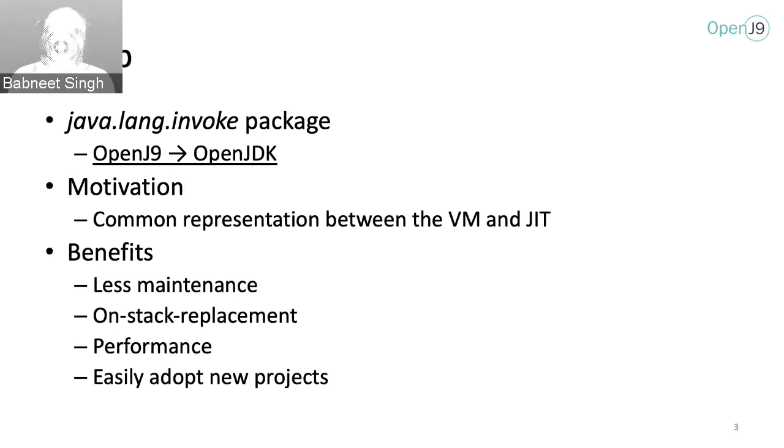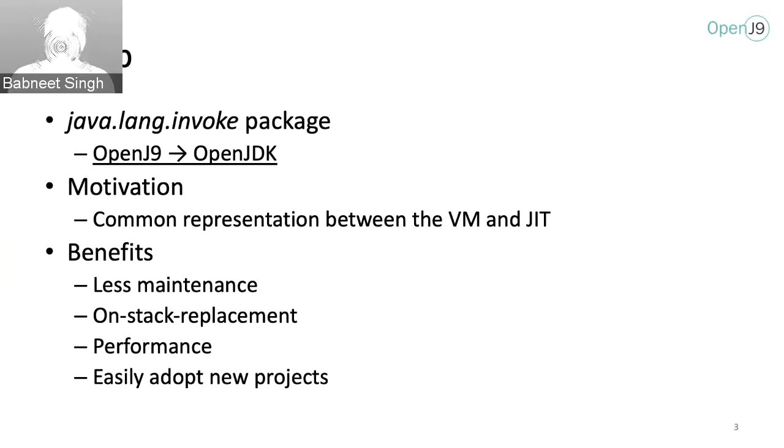The main motivation was to achieve a common representation for method handles between the VM and JIT. The benefits of this work are less maintenance, since we no longer need to maintain an OpenJ9 implementation of the invoke package on the Java side.